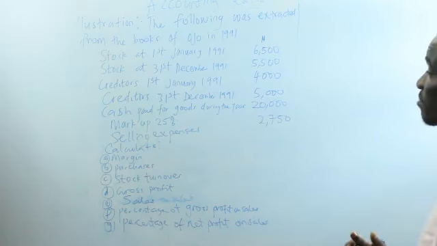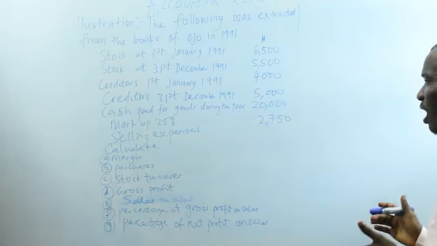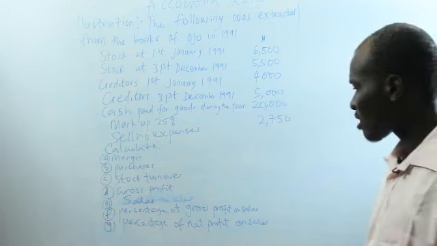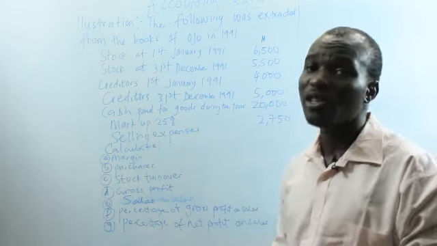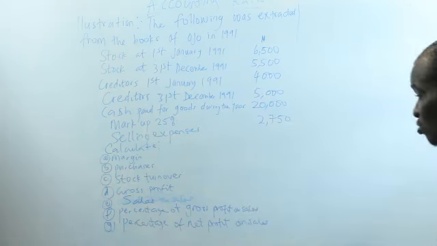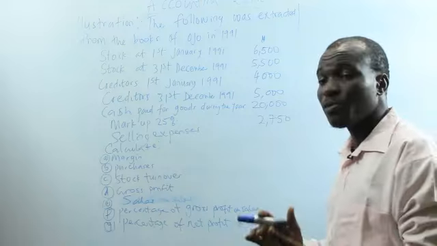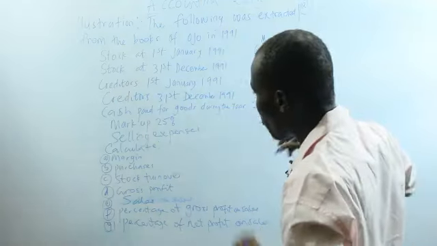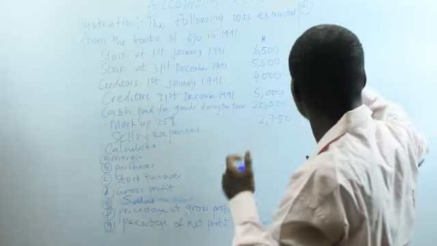We have markup of 25%. Selling expenses 2,750, and we are asked to calculate the margin, purchases, stock turnover, gross profit, sales, and also the percentage of gross profit on sales. And next, we are also asked to calculate the percentage of net profit on sales. The first thing, we have the markup. We are asked to calculate the margin,